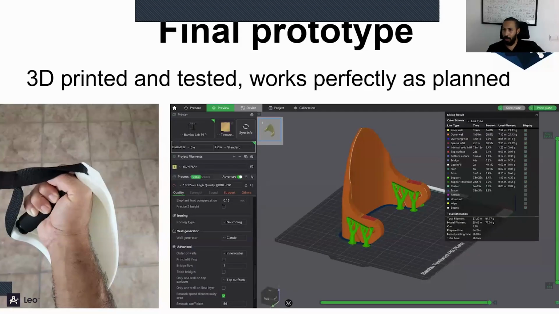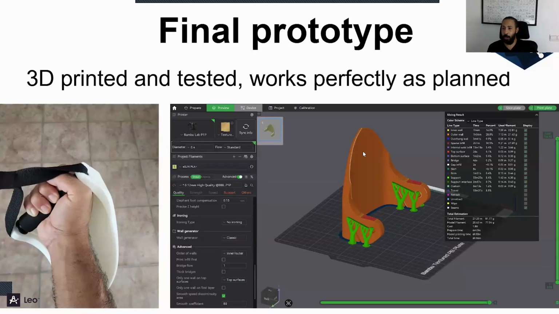And here is the next step that I took, is actually put it into action, 3D print it. I used my Bambu Lab Studio to create the preview of the slicing. Slicing looks good, everything looks good, and then I finalized it, 3D printed it. It took me around 5 to 6 hours to 3D print that part. And I already got my T-handle that I was talking about. I slid this fabric into this groove, and then I made sure that it actually works fine.